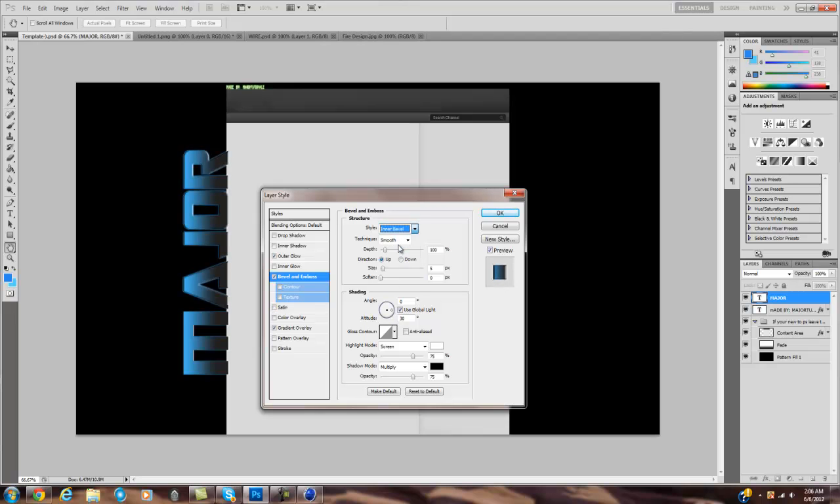Yeah, inner bevel, it pushes it in. Emboss, I can't really tell what it does. Looks like it pushes it out and makes it look 3D. Pillow emboss, it pushes it in. Stroke emboss, can't really tell what it does, but I'm gonna make it